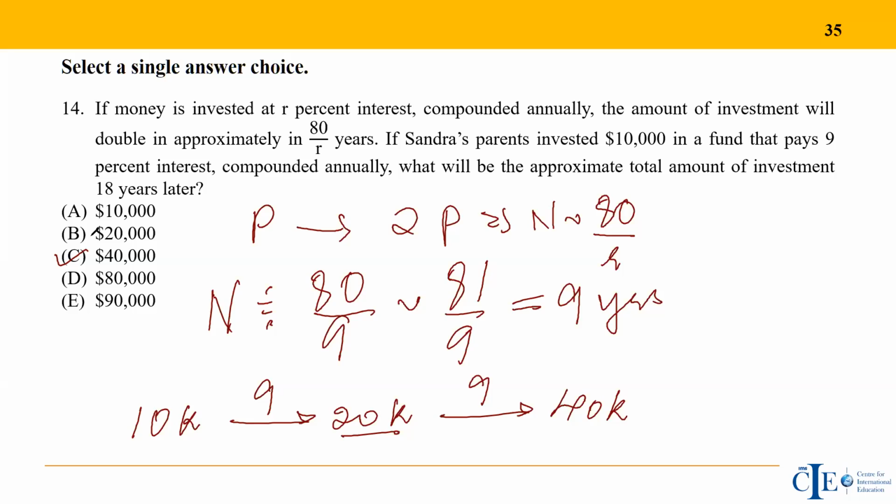Directly, okay, you're saying the compound interest formula? I mean, this is just the direct thing. In 9 years, there will be two cycles. In the first cycle 10 becomes 20, 20 becomes 40. With the formula it actually becomes a little lengthy. I mean, you need to do the calculation. Of course, you can do that through the formula also.